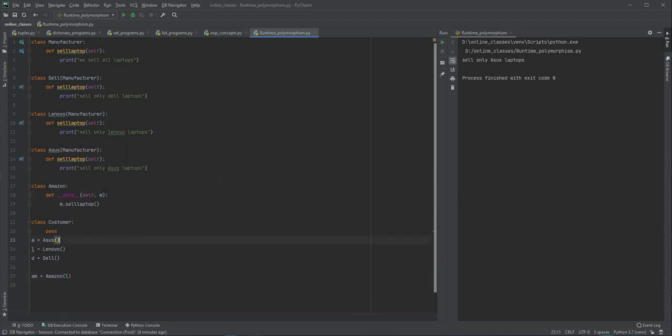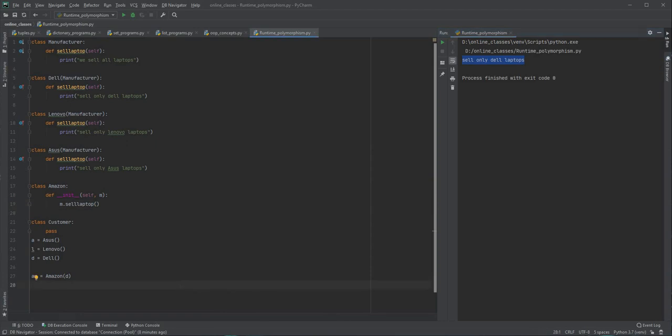It is taking different forms. Then if we run this program, we would get Lenovo laptops. If I want to buy Dell laptops, I would have given D reference variable inside the constructor of Amazon class, and now this m would have acted like D. Now let's run the program and we would have got Dell laptops like this.